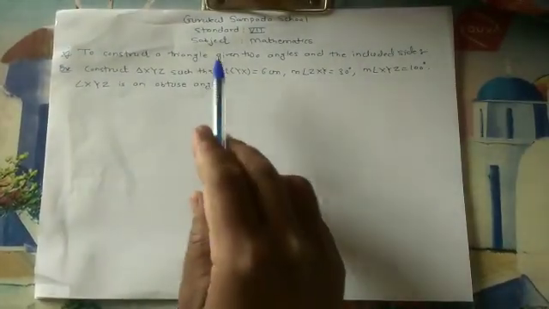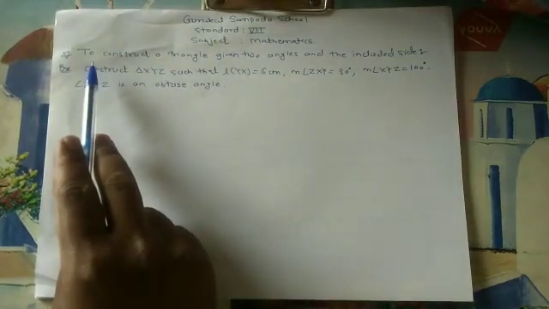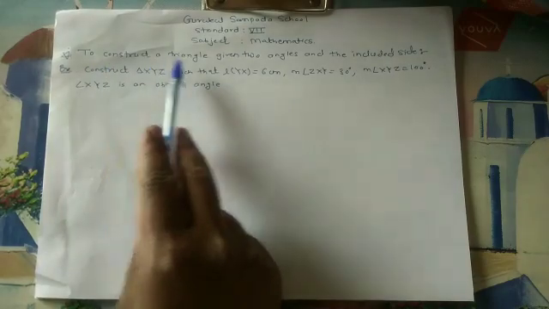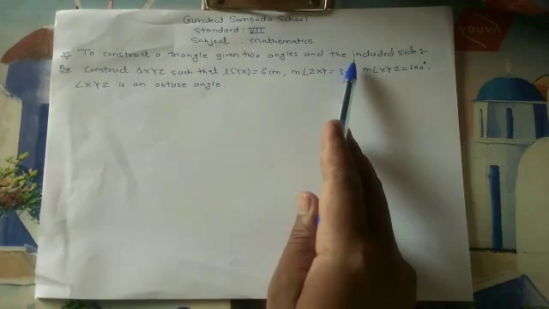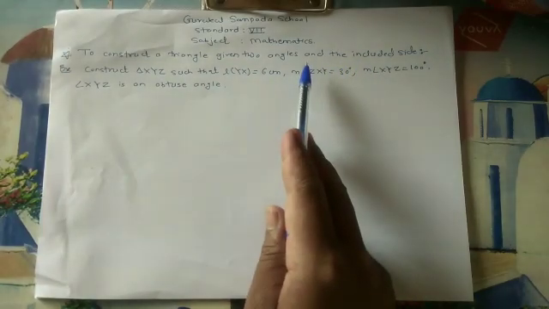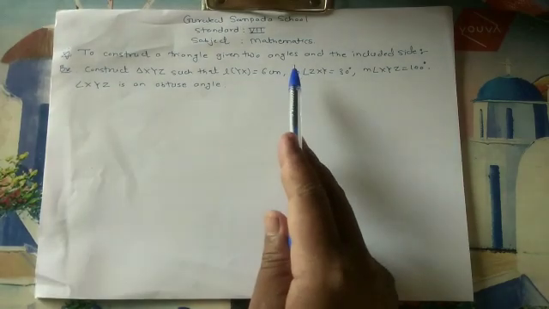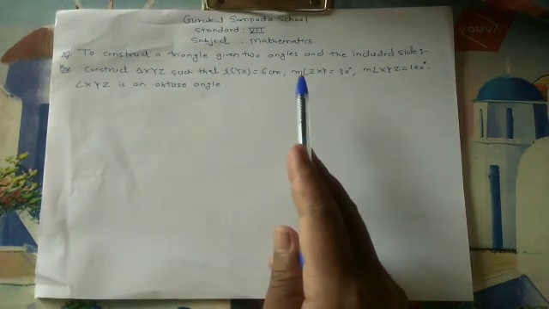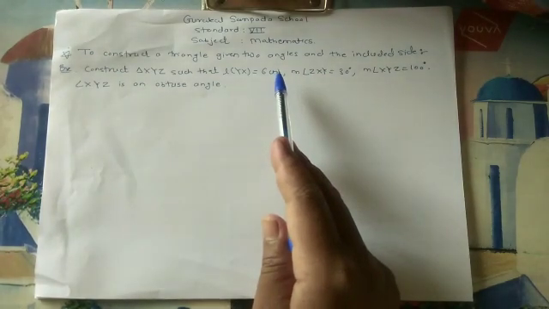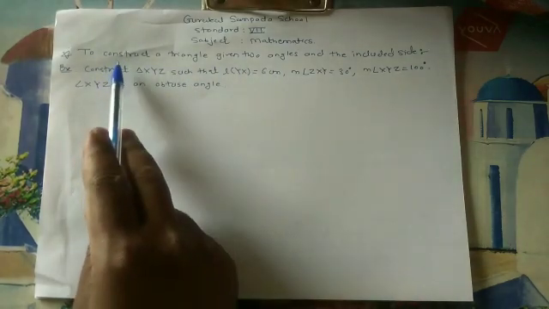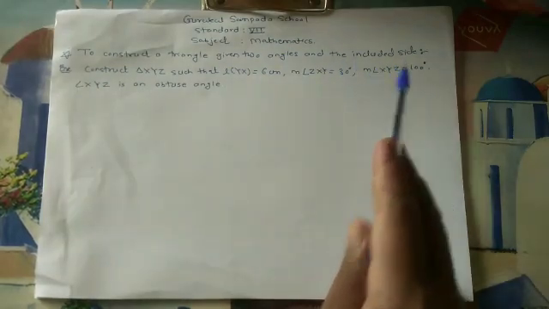Today here we are going to learn the subject mathematics. Today we are going to study how to construct a triangle given two angles and the included side. Yes, we already studied the first case, whenever the three sides of a triangle are given, then we construct a triangle. In the second case, the lengths of two sides of a triangle are given and the one angle included by them is given. And now this one is the third case, where the two angles and the included side are given.